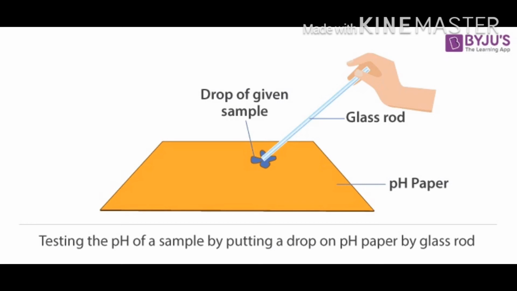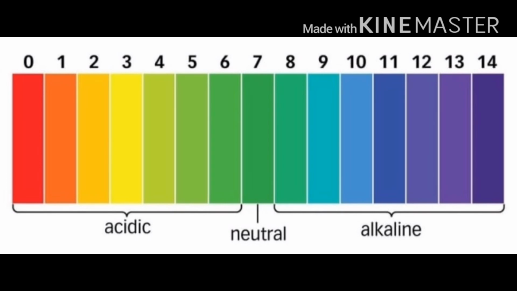How is that so? For an acid, the pH paper shows red or orange or yellowish color. And NaOH is basic, so it should have shown purple or blue color, but it shows green color, which is neutral. What is this reaction we are going to study now?